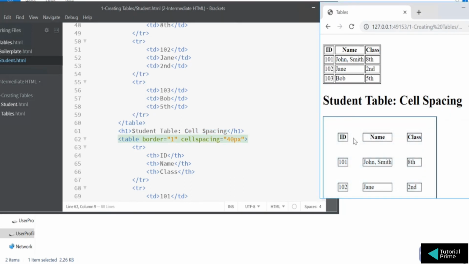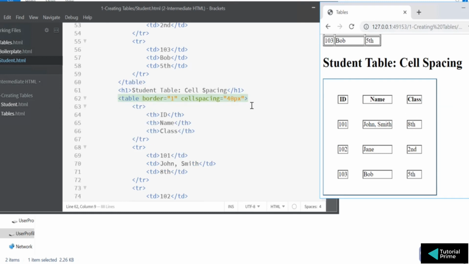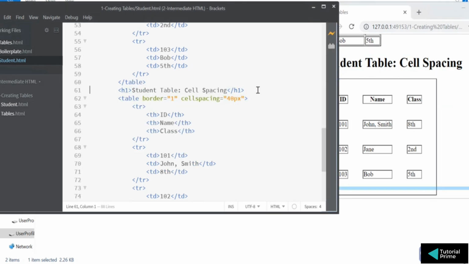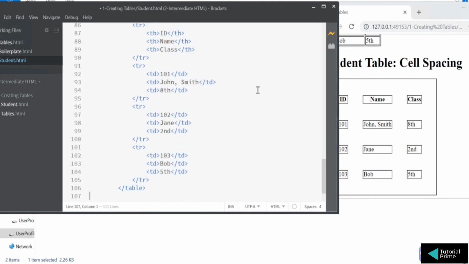What is the space you want between those columns? It is like one column after the column. What is the space that you want for each of these columns? So that's why you see the spacing is outside that element. That is called cell spacing. Spacing between two different cells. The next one is cell padding.